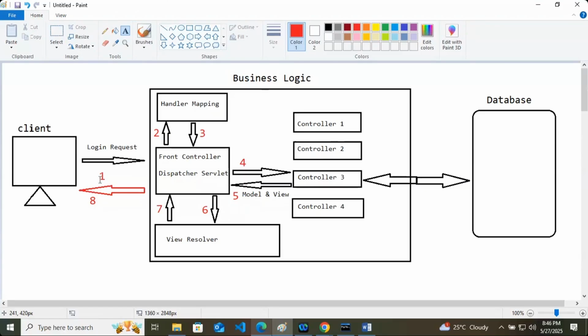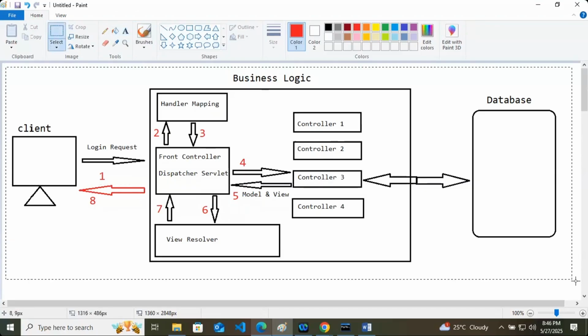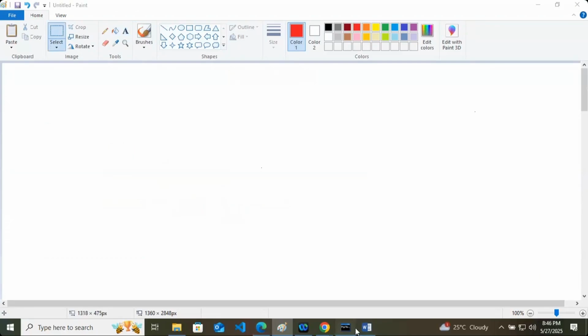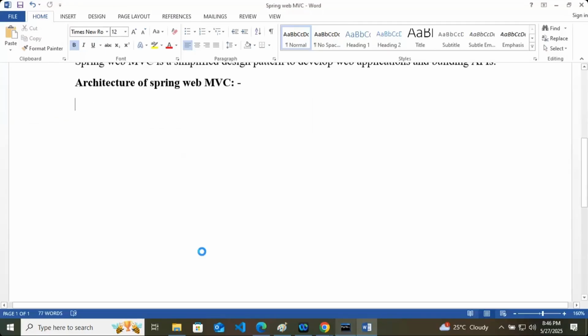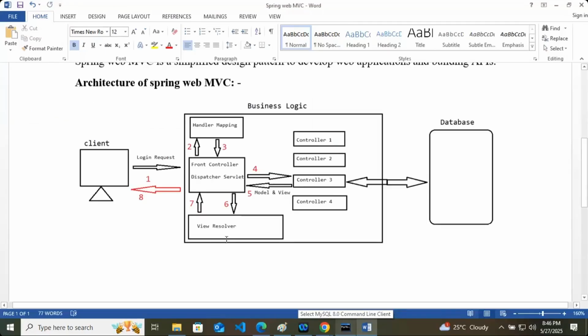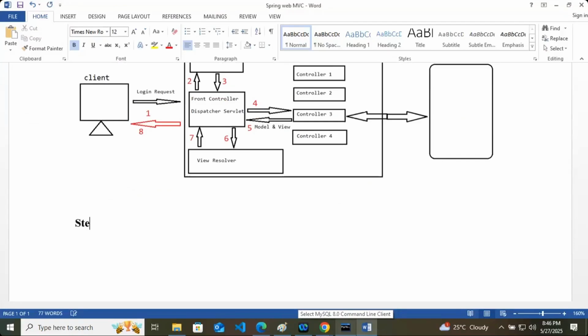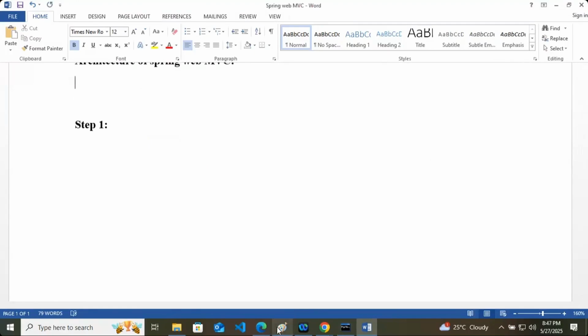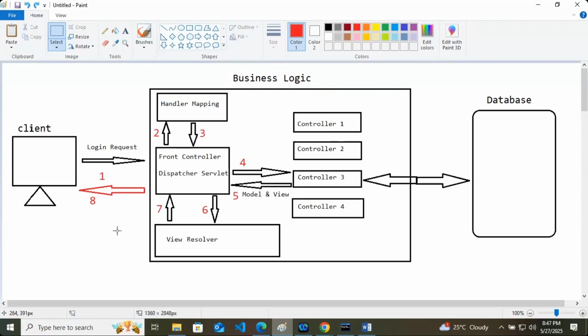Let's understand them one by one. At first, I'll keep this architecture. Step 1: the login request. This one we should keep at the top.